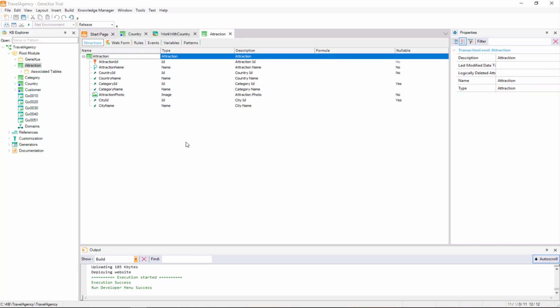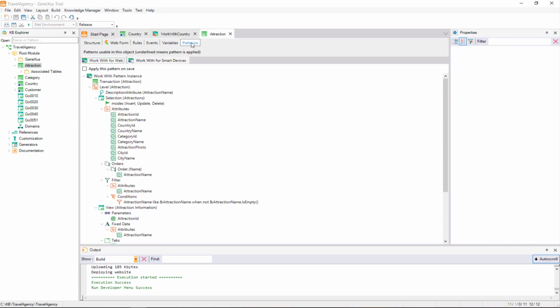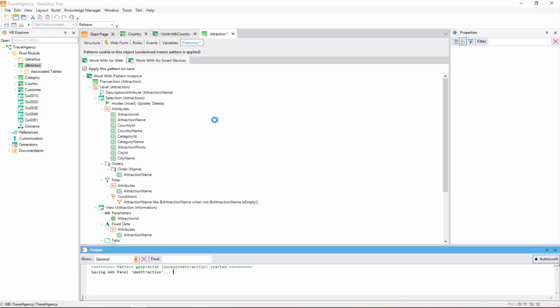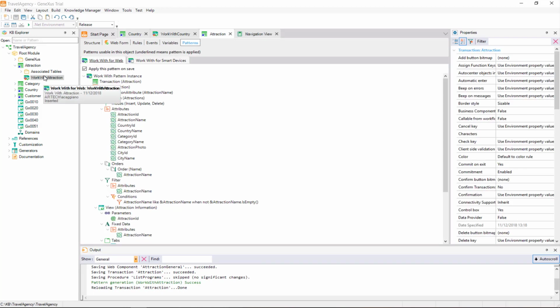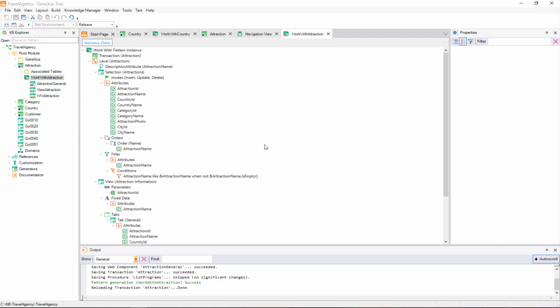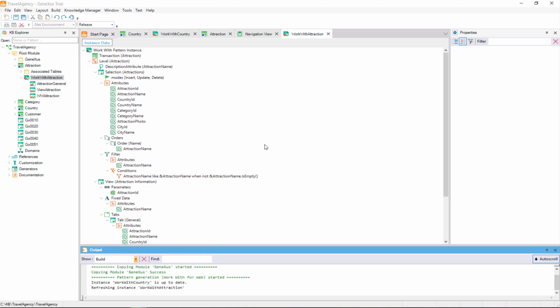We go back to GeneXus. We open the attraction transaction. We open the Patterns section, and in the Work With for Web tab, we select the option Apply this pattern on Save. Upon saving, all the necessary objects are generated to implement all the features that we've seen. In this case, to work with attractions. We save and confirm that they have been generated, and now press